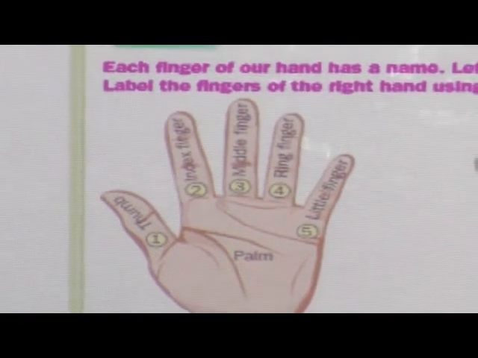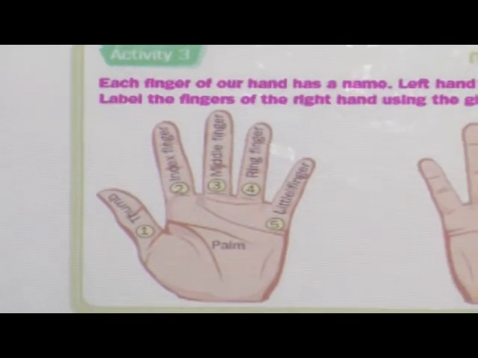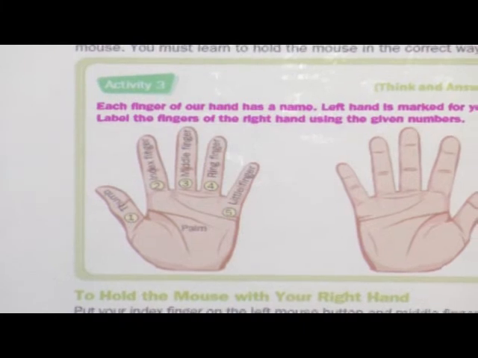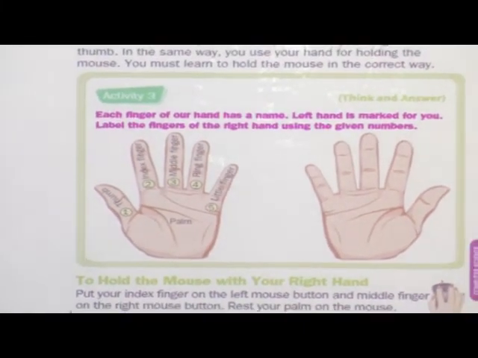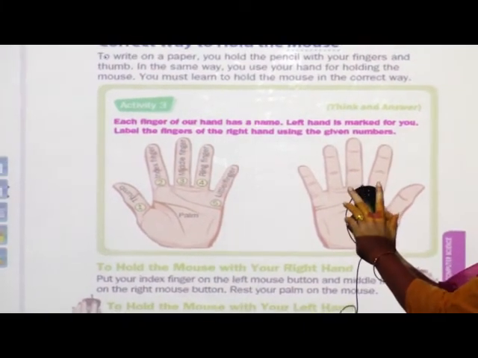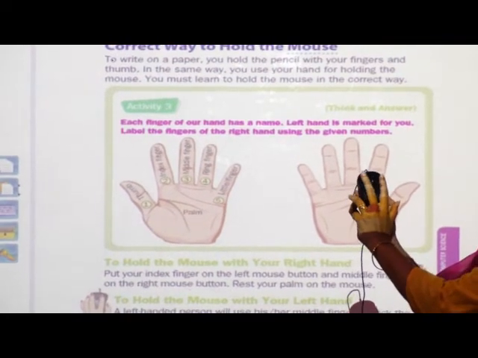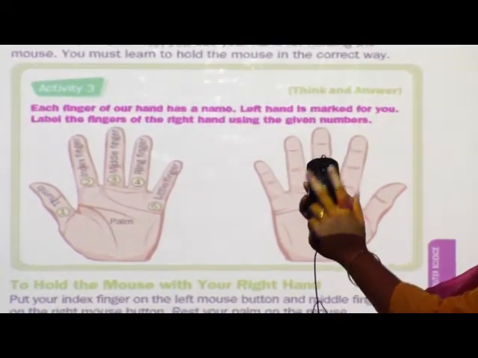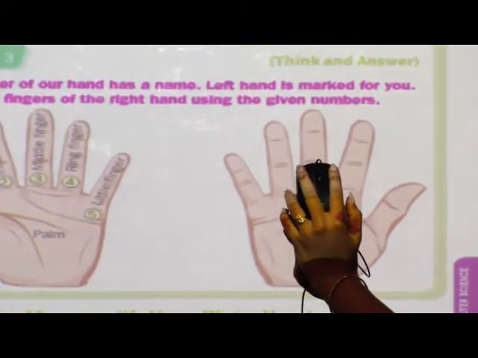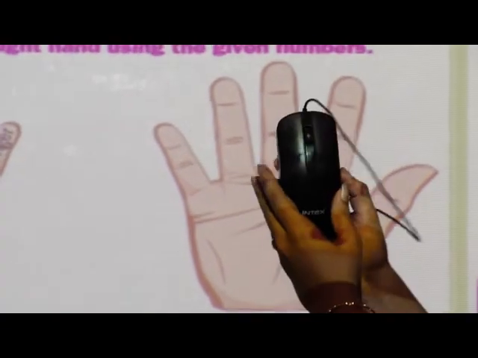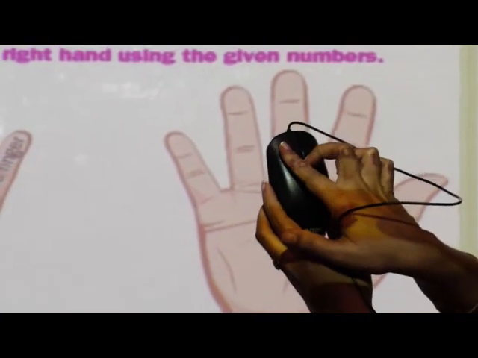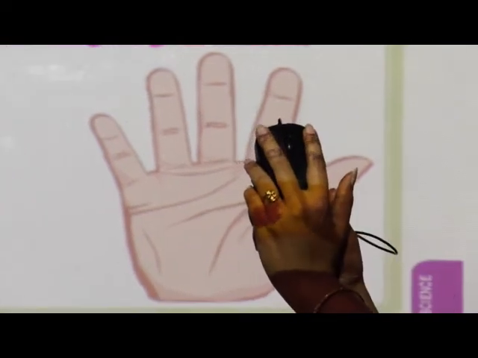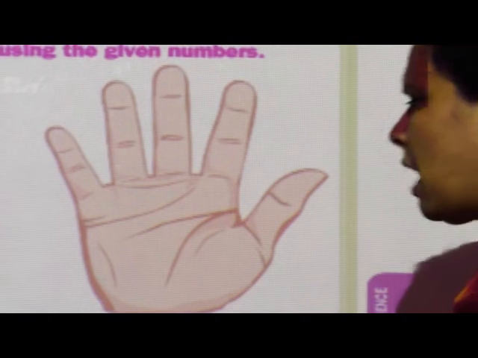He or she will use the index finger to click the right mouse button. So if you are using the left hand to write or to operate, you will put your index finger to the right side and middle finger to the left side. Your mouse will remain as it is, but your fingers get changed. For the right hand, you use the index finger on the left, but when you are using the left hand, your index finger will be used on the right of the mouse.